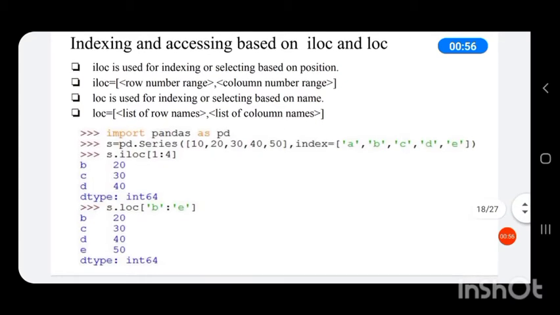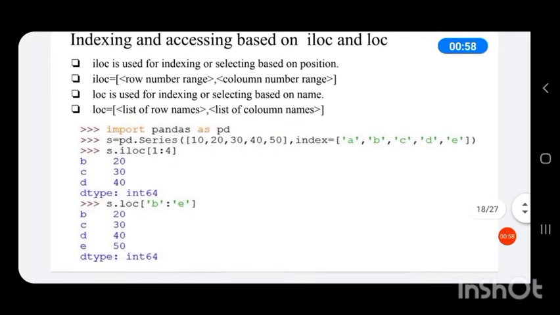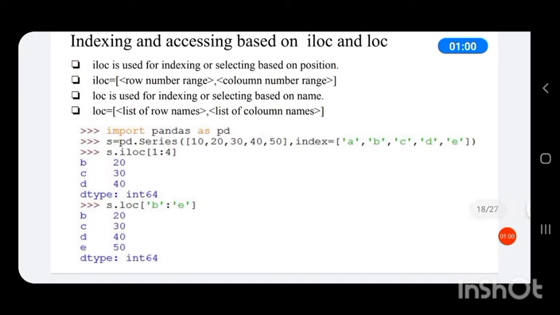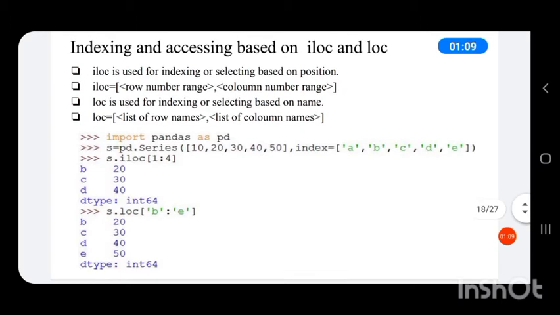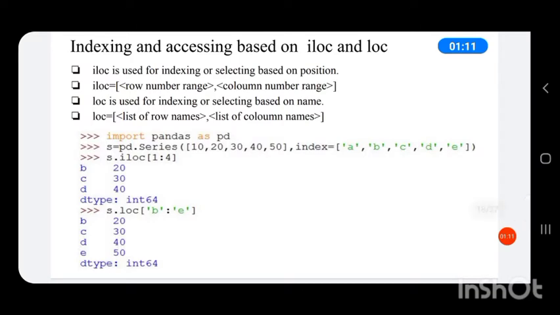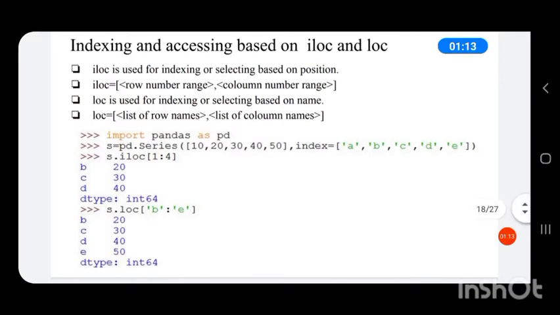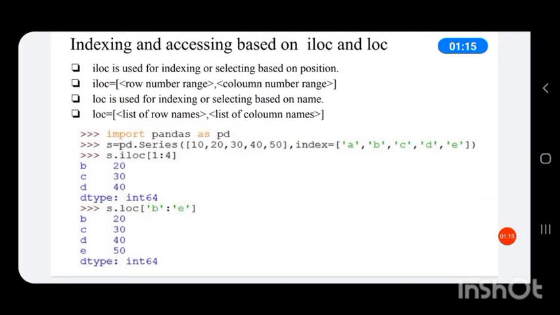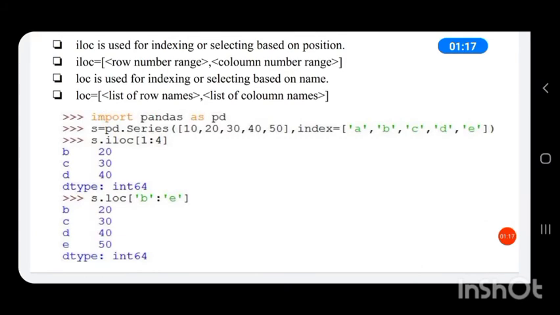So it is the name given for each index. We can perform slicing and accessing data in the series based on either the index value or the name given to the index. For that, we are using ILOC and LOC. So let us see how we can use this ILOC and LOC.